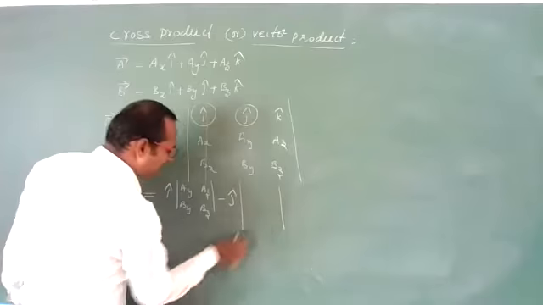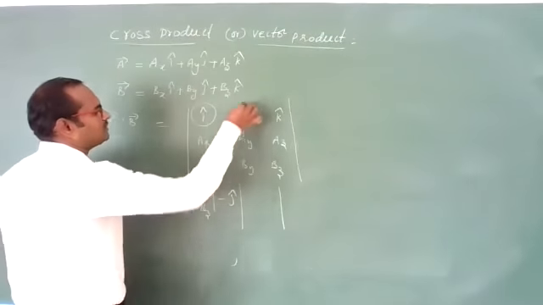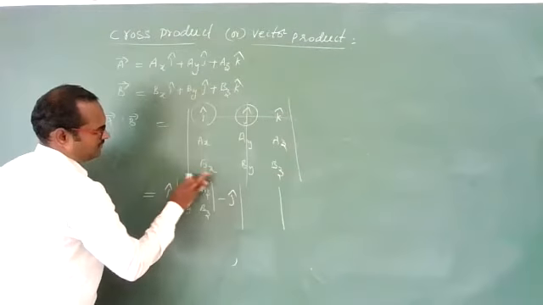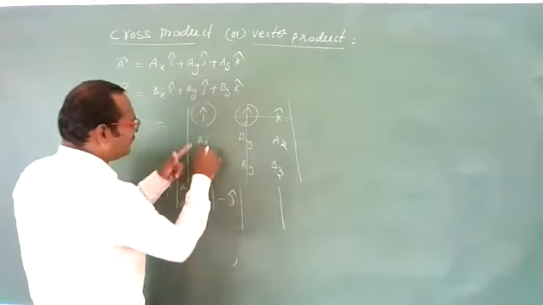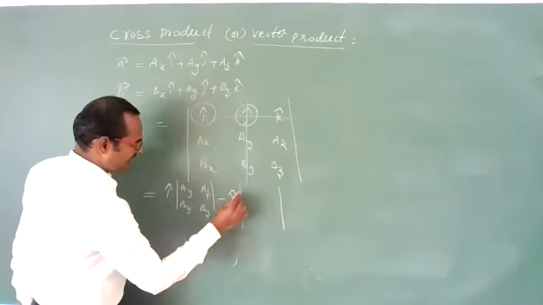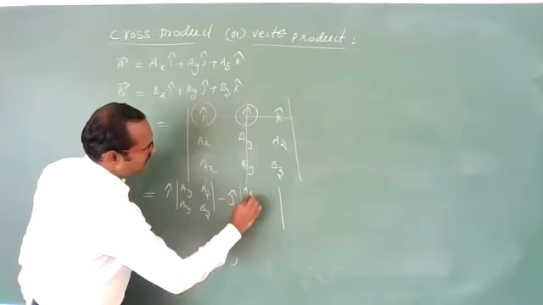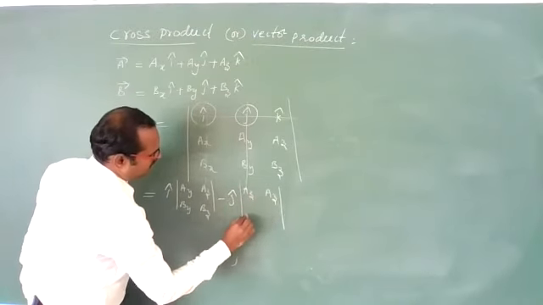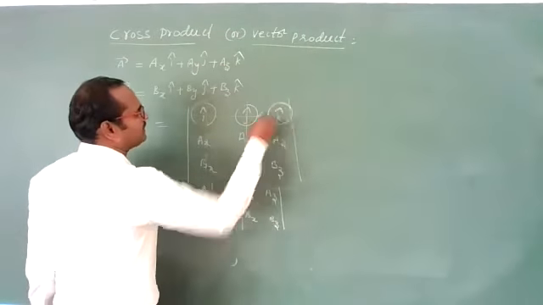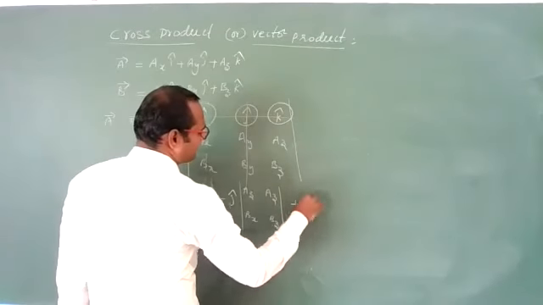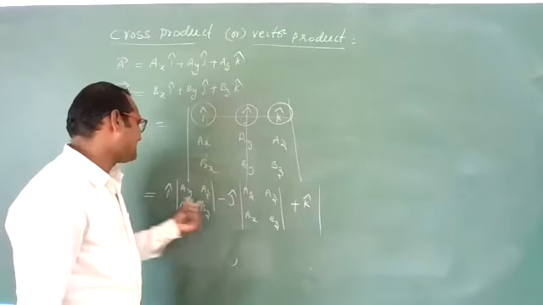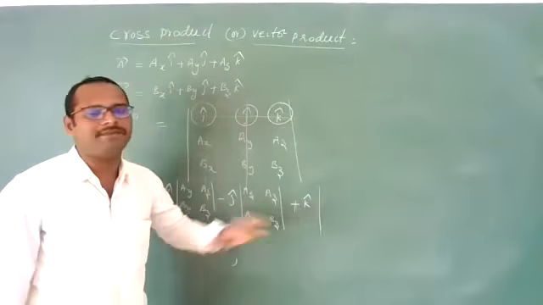Now when you are doing minus J cap, what you have to do? This row and this column you should forget. Now again you are having 4 elements: AX, AZ, BX, BZ. So that only I'll write. AX, AZ, BX, BZ. Finished. Next, the third element, with this you use plus K cap. So alternately, the first, I cap, is positive, the second you should take negative, and the third again becomes positive.